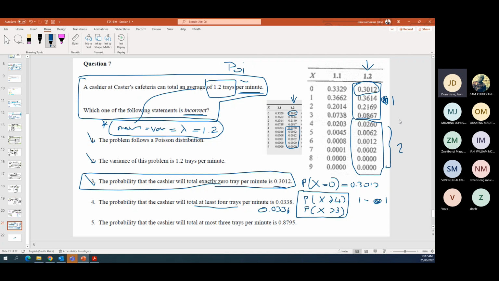Okay, so let's say 0.3012 plus 0.3614 plus 0.2169 plus 0.0867. So if I add all of that together, I get 0.9662. If I say 1 minus that, I actually do get